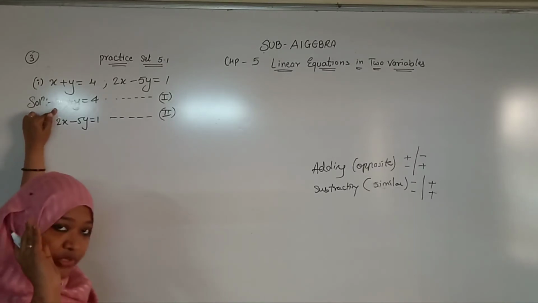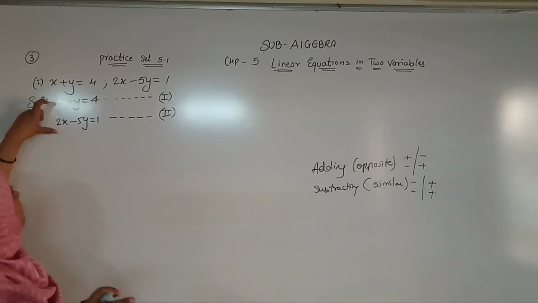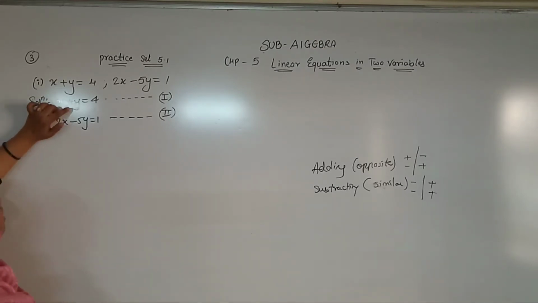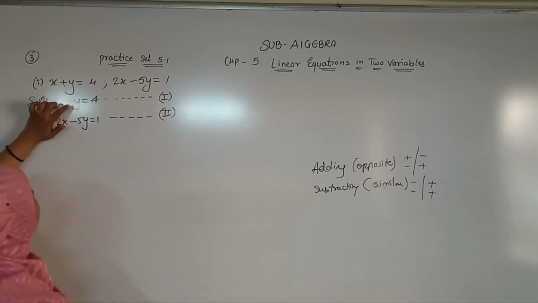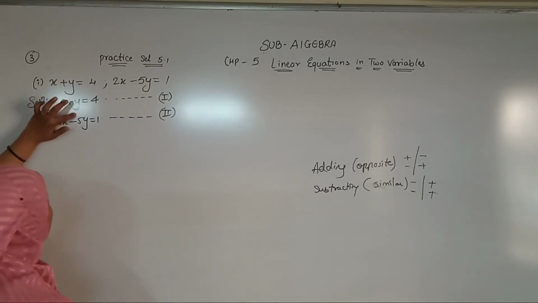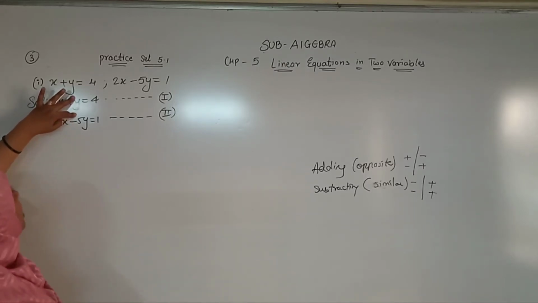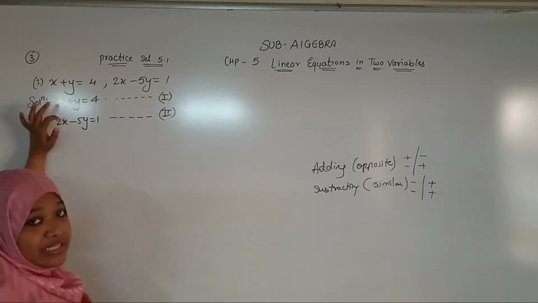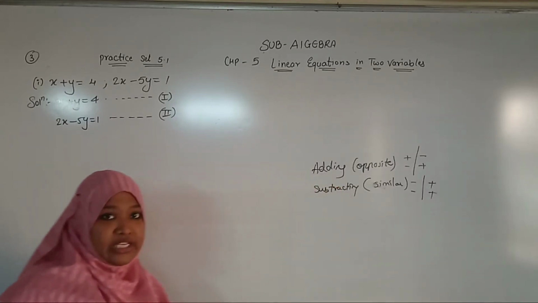If I multiply equation number 1 by 2, I will get 2x. Then when I have a similar sign, I will get subtracting. Now student, y is in the plus and y is in the minus. If you multiply equation number 1 by 5, I will get 5y. 5y is plus here and 5y is minus here, so plus and minus, what will it do? On opposite signs, what will we do? We will do adding. So you can do the addition, right?